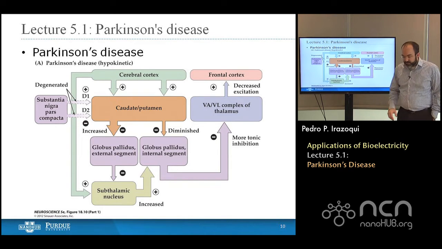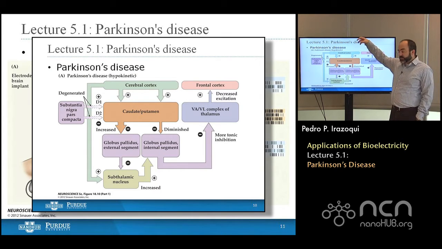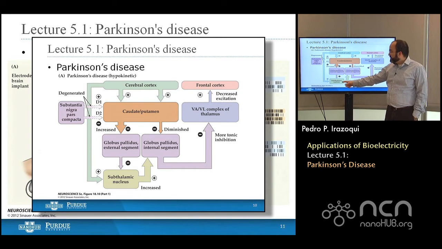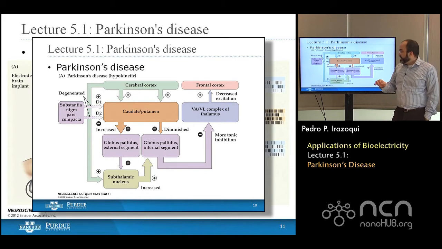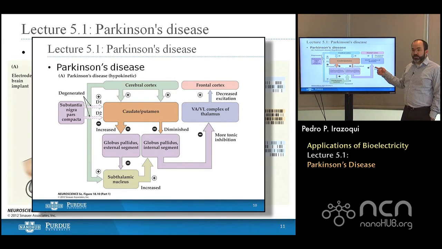And so with an engineered device, you can think about taking a deep brain stimulator. Let me go back to the circuit, where we would take electrodes and position them in the subthalamic nucleus, and then try to compensate for the increased excitation out of the subthalamic nucleus by stimulating it in a way that is inhibitory. So if we can come up with an electrical waveform that, when applied to the subthalamic nucleus, has a net inhibitory effect, then we'll decrease this inhibition and at least partially compensate for the increased inhibition to the VA/VL and the decreased net excitation of the frontal cortex.